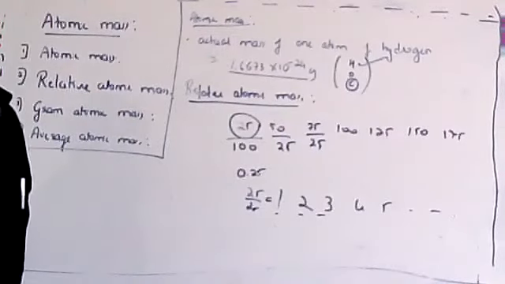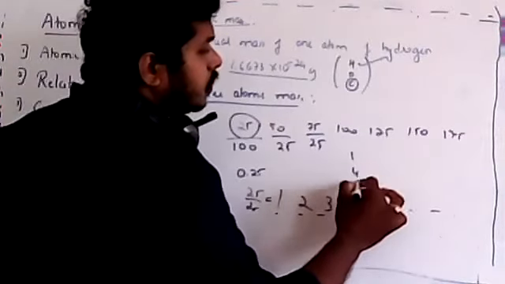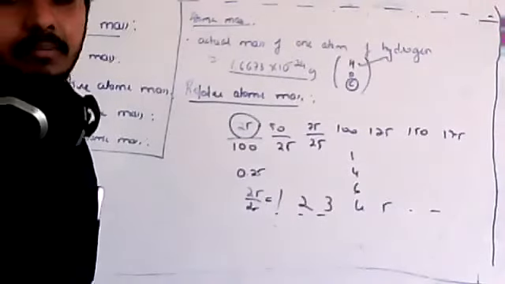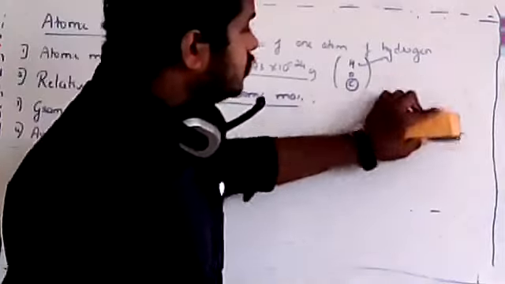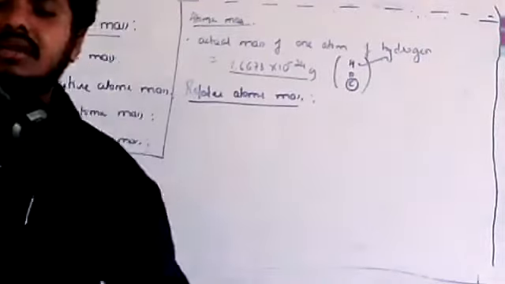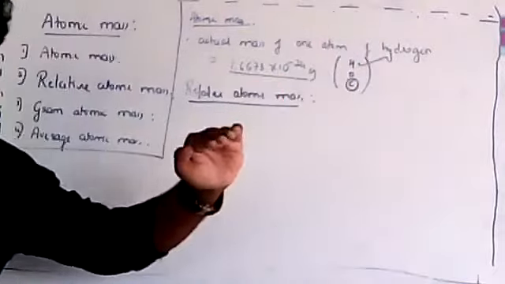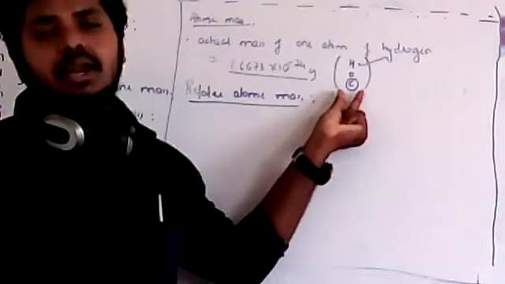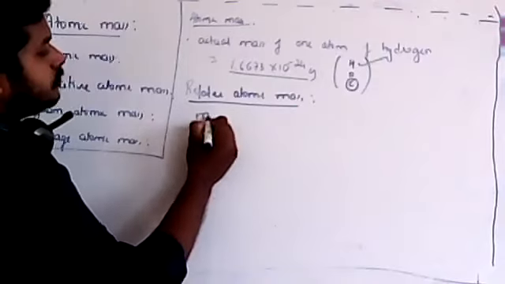Some decimal point may be there, but you will be getting a value which is greater than 1, like 1 or 4 or 6, like this. It may contain a point also, but you will be getting a whole number. Are you getting my point? So relative atomic mass is just a comparison of the mass related to the smallest one, hydrogen, at the beginning. Later it was converted for oxygen, and now it is being used for carbon. So therefore relative atomic mass is the mass of an atom.